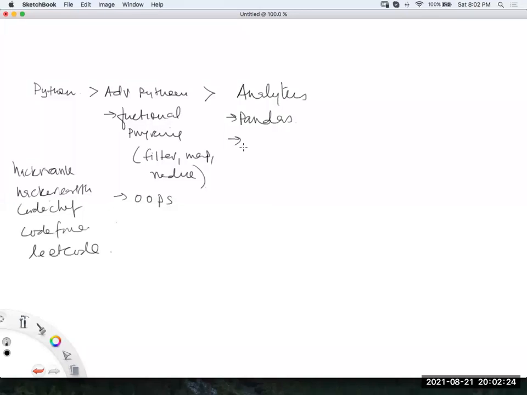Then in analytics, showing the data in a graphical format is also very important, guys, right? So you should understand how to use matplotlib, or there is another library called Seaborn, or another library which is getting traction nowadays, Yellowbrick. And Akash is saying that cufflinks is also there. There are a lot of libraries available, guys.